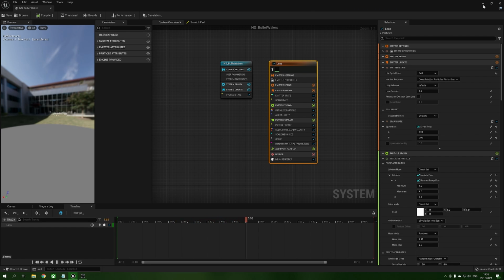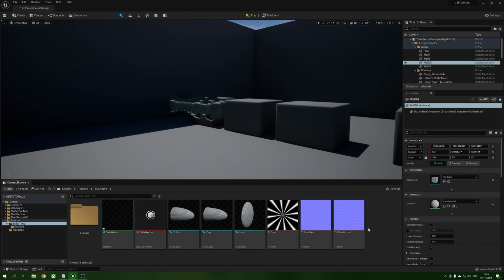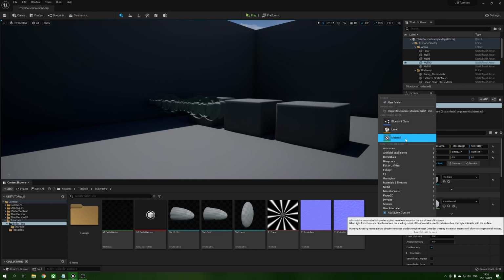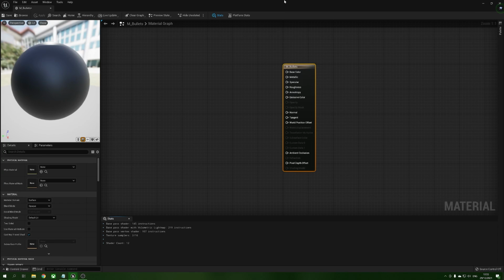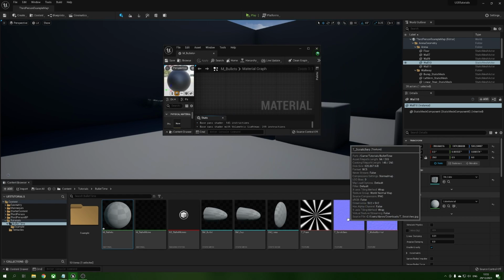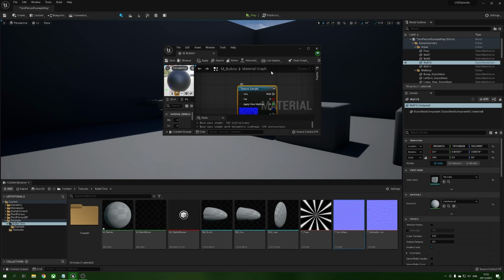Next is our lovely, lovely bullet. We want to put the bullet at the front of this. So, save the material real quick. Right click, material, m_bullets. We're going to open this up, and we're going to drag it over. There he is. Okay, now we're going to want the scratches material, so drag scratches texture,